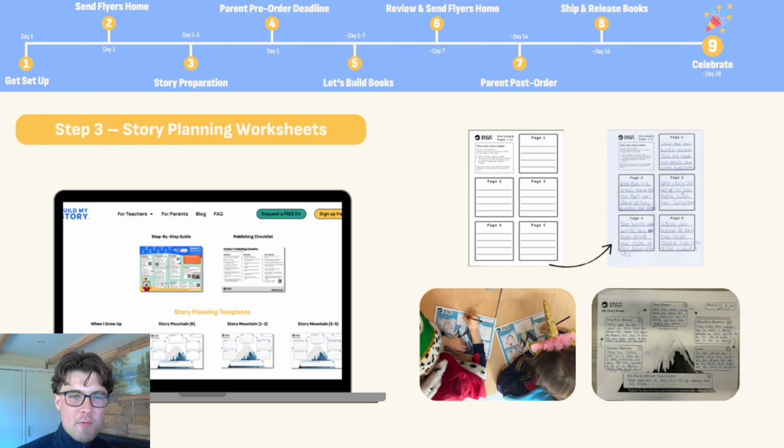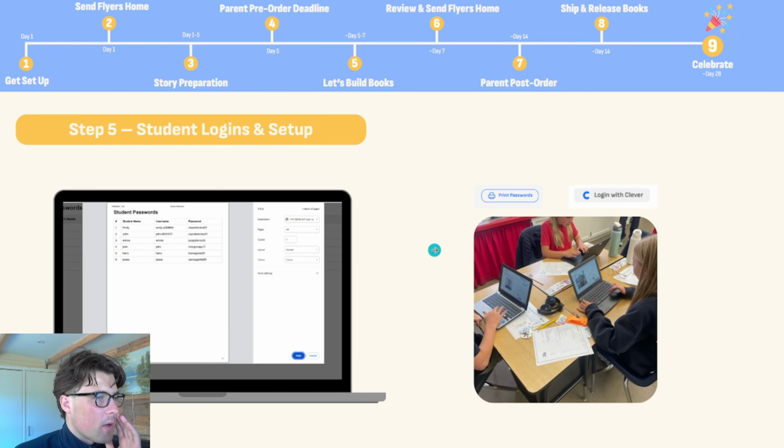And this is the point after the parents have had their flyers go home. You can now log the students into their devices, and this is the day that you start. So this is that start date you selected on the onboarding, and you can change this in settings, of course. So just coming on to the next slide here. What we'll start with is printing off the student login details. So you'll have here on the right is an example class with Chromebooks, and you will, I'm sure, have different laptops, computers, iPads potentially. You can access the Build My Story website on all devices, so you go to buildmystory.com